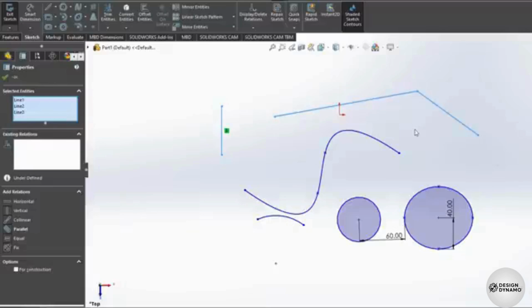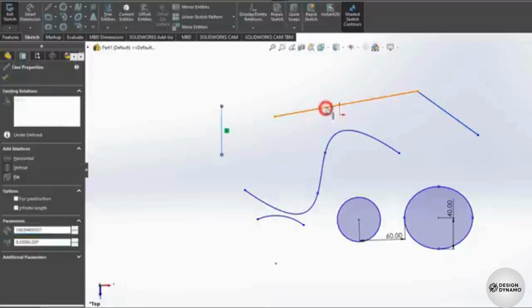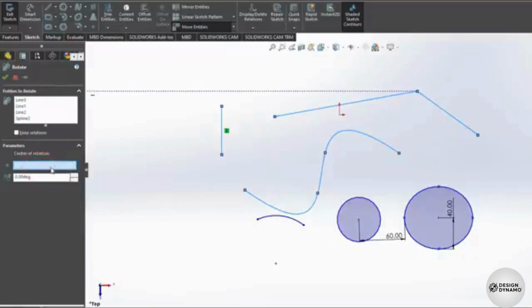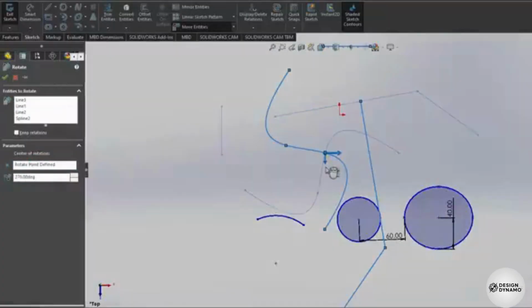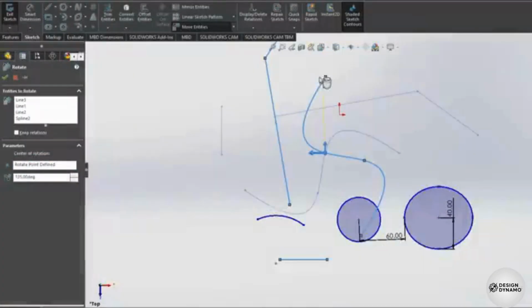Click and drag on it to select all of its sides, or select each one while holding down the Control key. At this point, you can enable Rotate Entities. Define the center of rotation and then rotate the group. Always check the entity selected on the left and all relations applied to them in case the tool does not